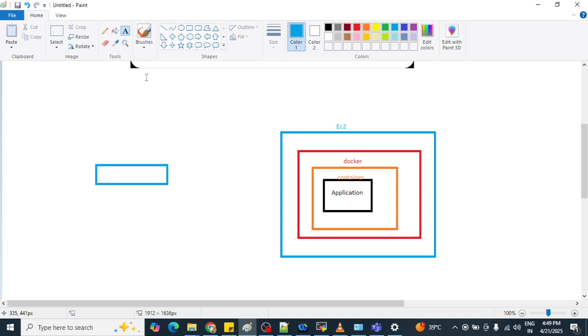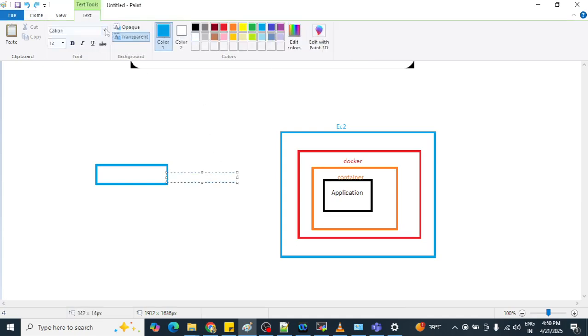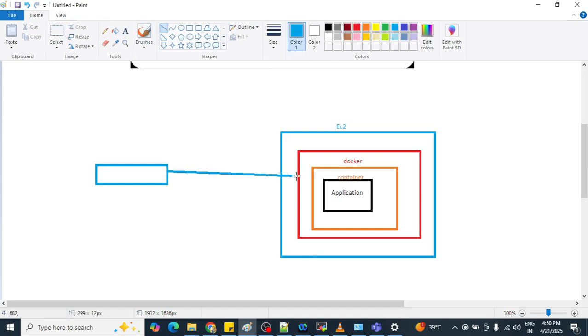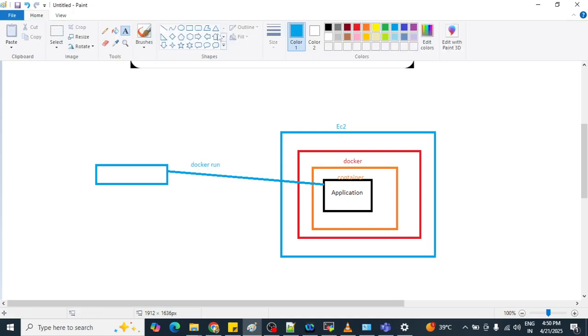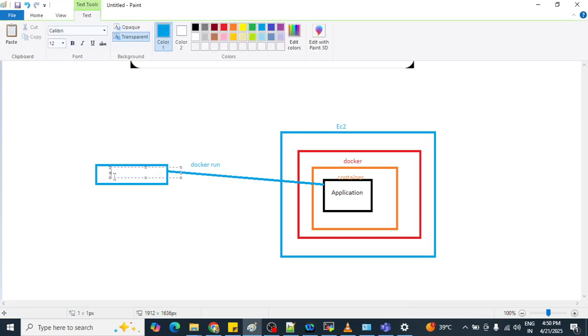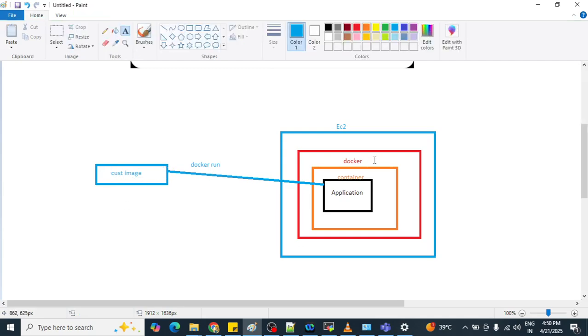If we are running the docker run command, then a container is getting created, right? So the docker run command, we are executing it where? We are executing it on images. If we are going to create any application, then we are running the docker run command on our custom image. Okay, so over the custom image we run the docker run command, and then the application is getting created,